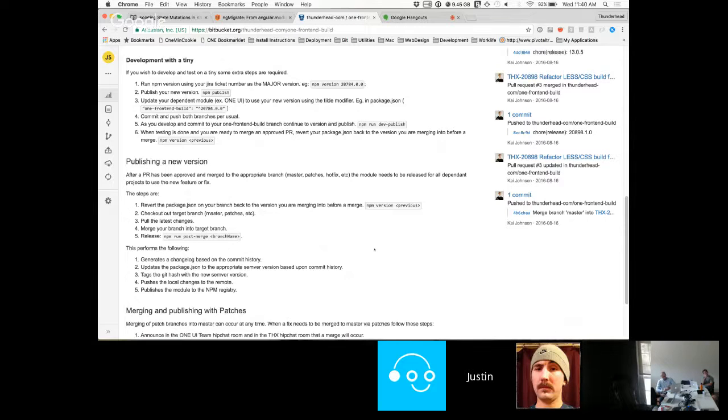gulp configurations, like the CRM needed a different build pattern than the one front-end build had. It wanted to use portions of it, and it wanted the same dependencies, but it also needed to extend it a little bit. So the way the one front-end build, and Kai, feel free to chime in here because you and Jaime had a little bit more ideas around this, but we made it so that you could extend the gulp configuration.